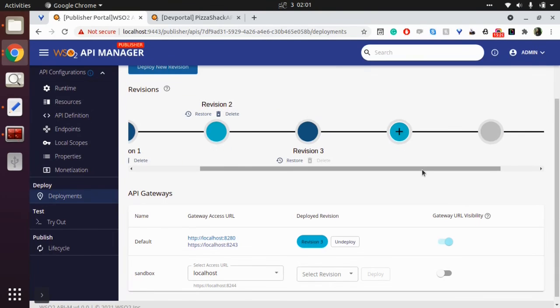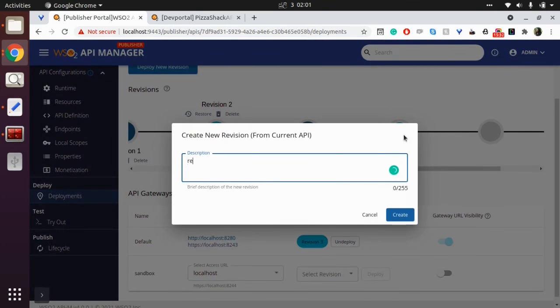Now let's try that. Here I am creating two more revisions until the maximum allowed number is reached. Let's create two revisions.